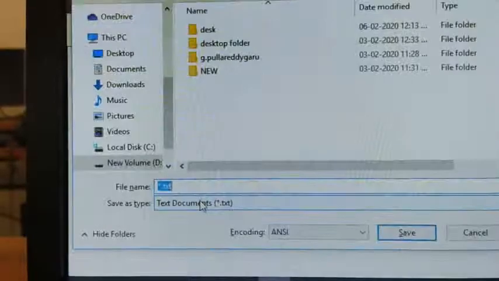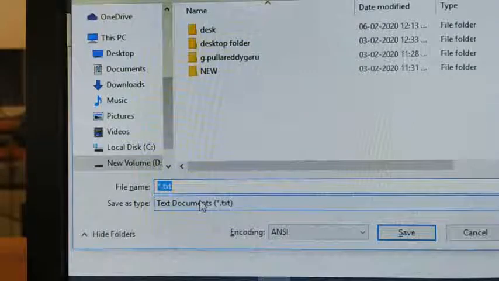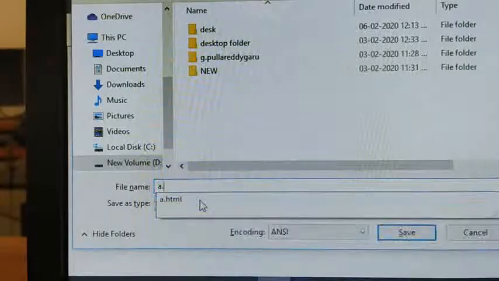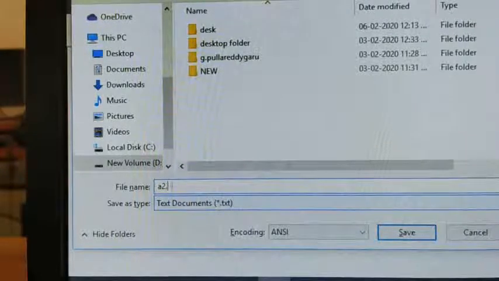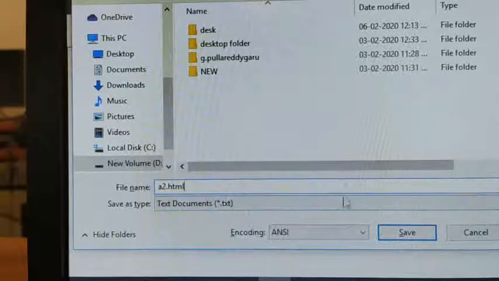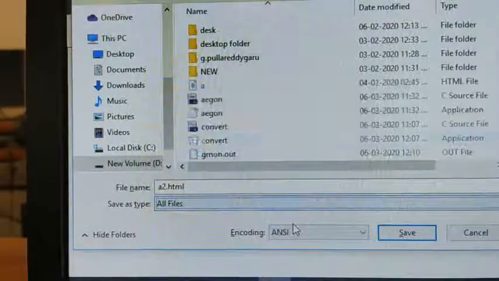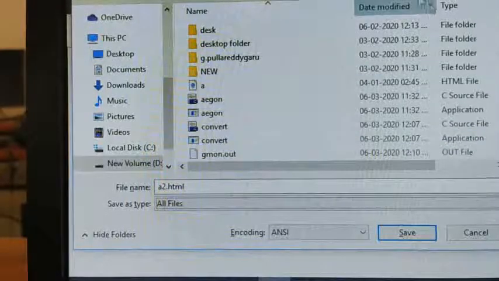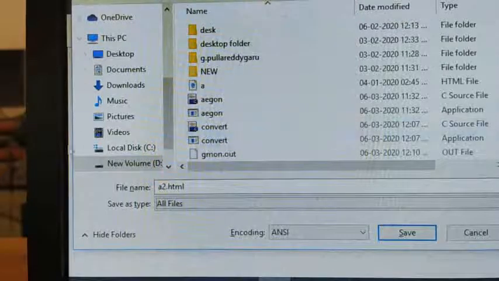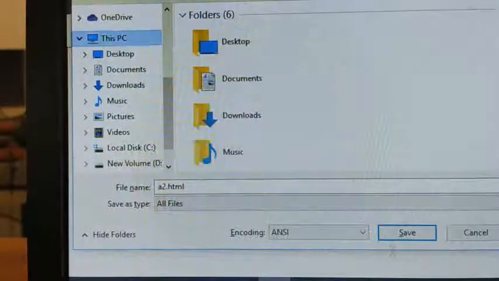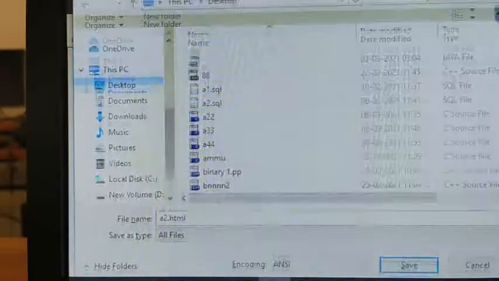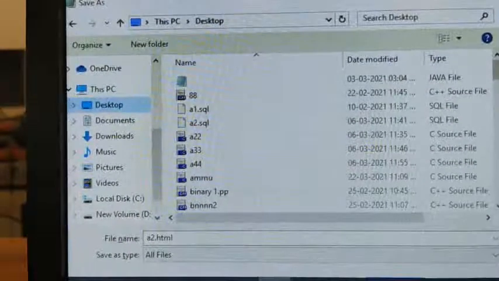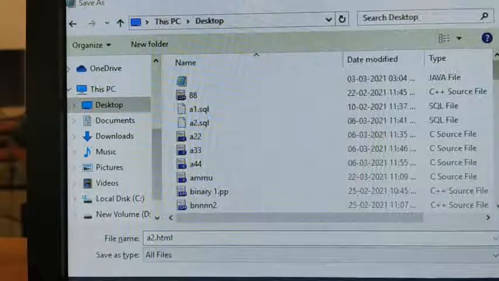Here I am saving the file as a2.html. Now this should be all files. The location I'm selecting is desktop, and click on save.